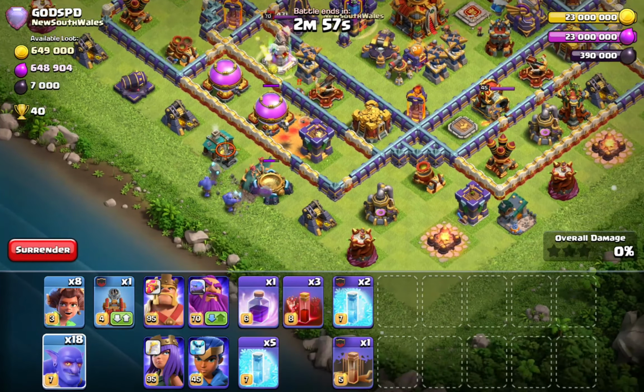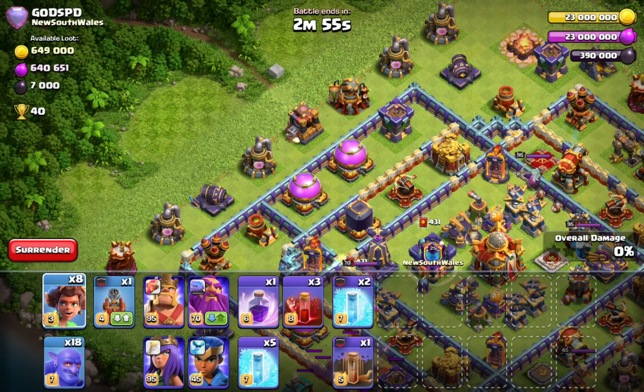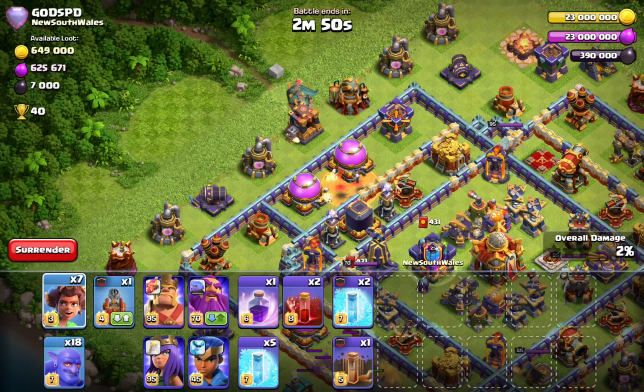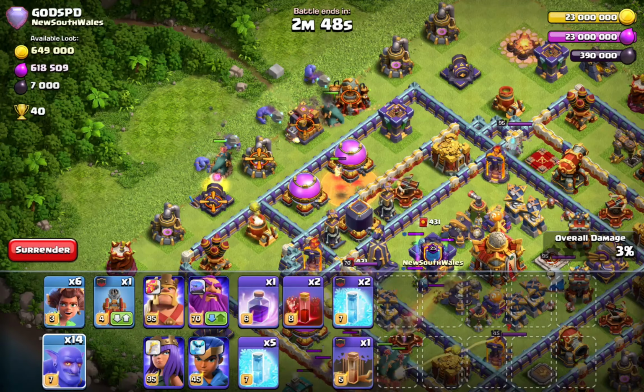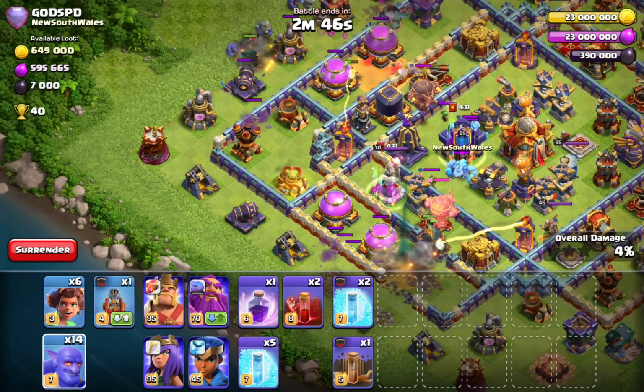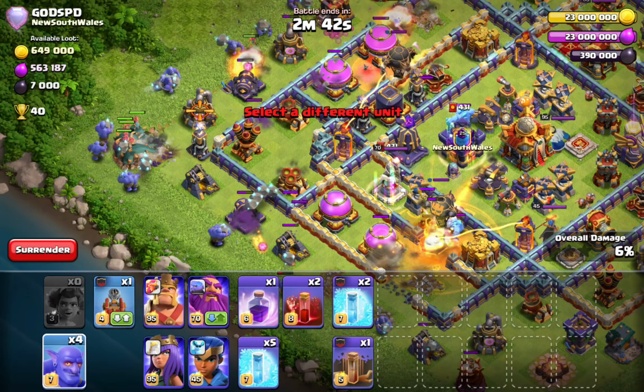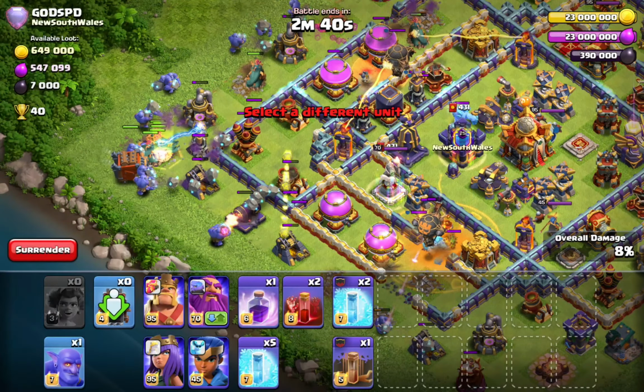It has 2 single inferno which you need to tank, and at the same time if you want to get that nice funnel, I kind of recommend you to go ahead with that skelly spell, then with a few bowlers and of course the Root Riders. Once the funnel is decently set, go and spam everything else right in between them with the log launcher,